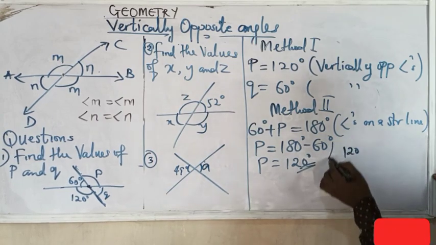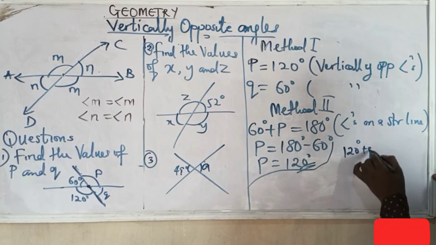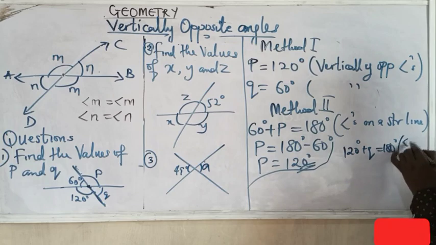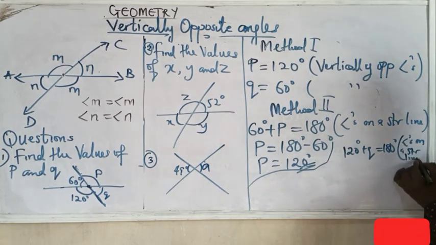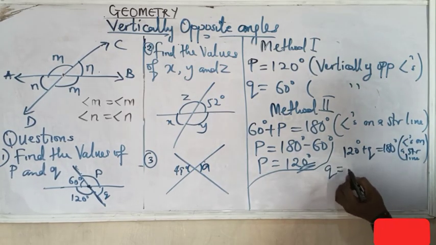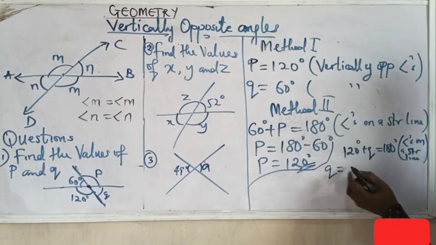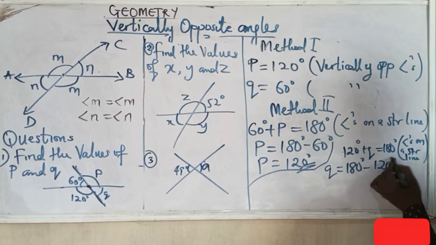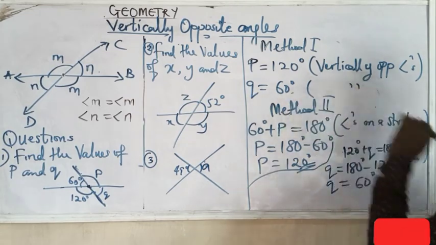120 degrees plus Q equals 180 degrees. Reason, angles on a straight line. So to make Q stand alone, what am I going to do? This is positive 120. As soon as it passes through the equality sign, it becomes negative. So 180 degrees minus 120 degrees, and my Q equals 60 degrees, which is equivalent to the one we have